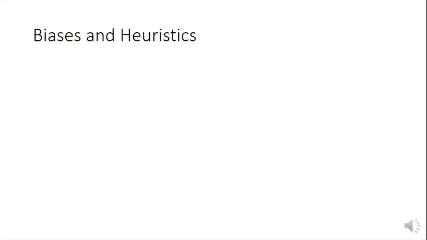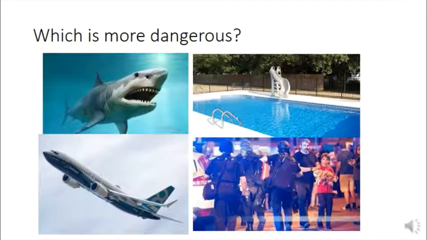So what we're going to do in this last video is talk about biases and heuristics. So let's start by asking yourself which of these you think is more dangerous or more likely to harm you. We've got a shark attack, we've got a plane crash, we've got a bombing, we've got a swimming pool. The answer is all of you are much more likely to be harmed in your neighbor's swimming pool than any